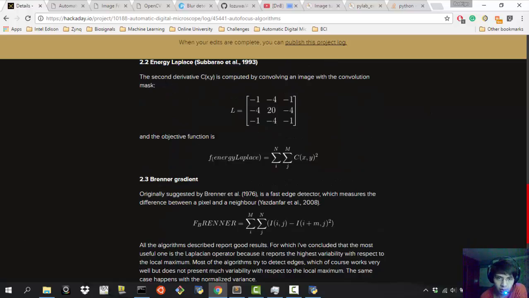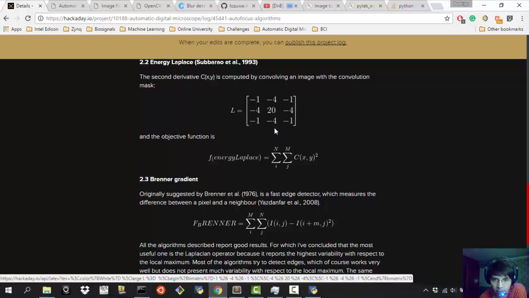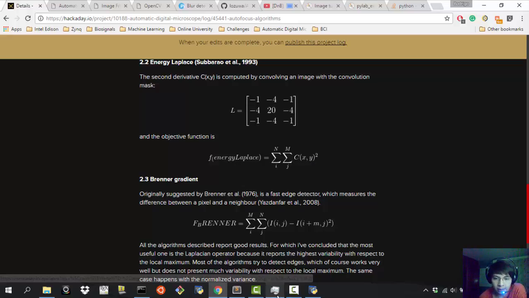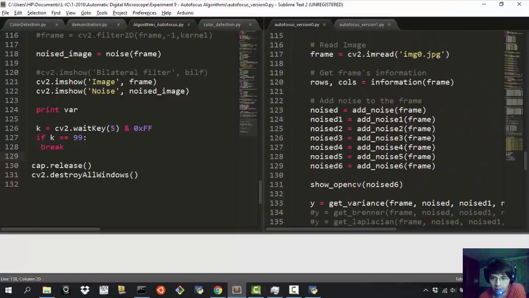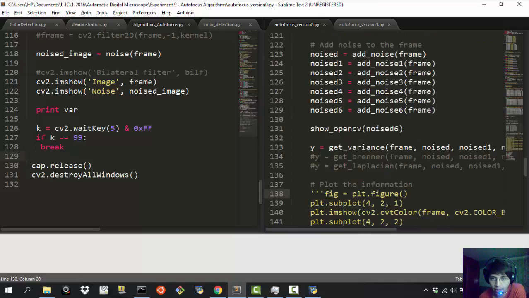And basically what you have to do is that you need to find the second derivative of the image, and by that you have to convolve the whole image with this kernel that you can see over here. So you convolve the image, and after that you need to find the power of the function. So you sum up all the pixels in the image, and then you power it to the 2. And that's what I'm going to show you right now. And as I'm making the right modifications here,